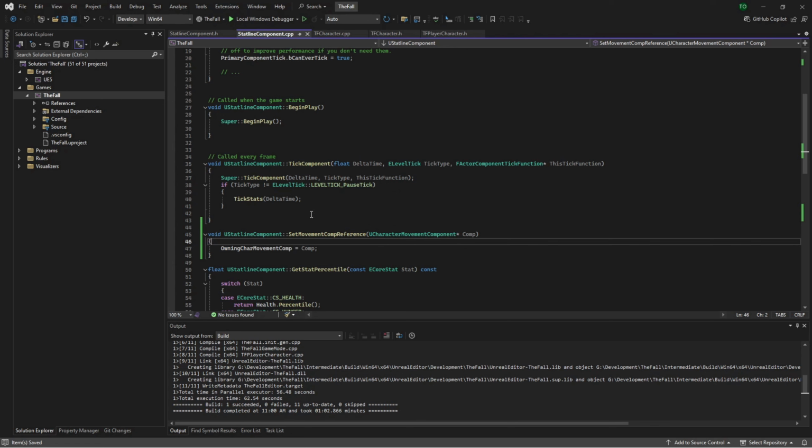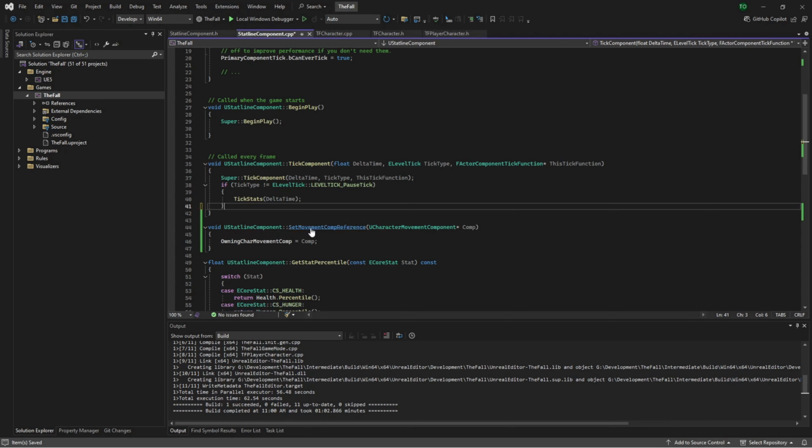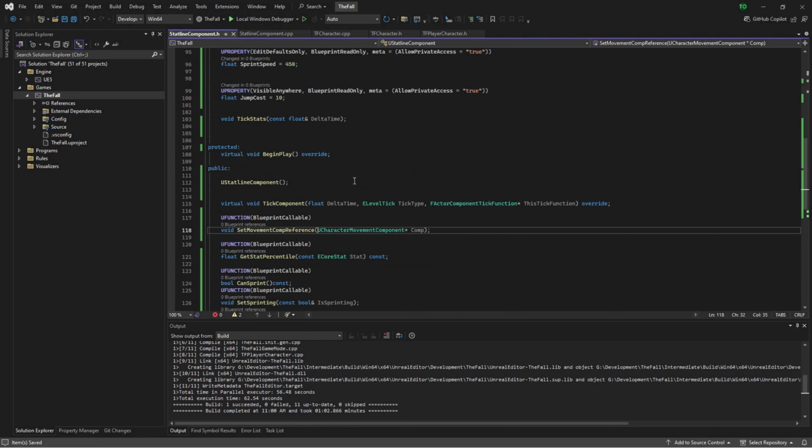See, a lot of this is my brain uses default practices of like, okay, we're not modifying this, we want it as a const, and I'm not thinking ahead. So you'll see that happen a lot. And again, it's something that happens in my everyday job. But anyway, we've got the owning character movement component, a pointer to that, and we have our